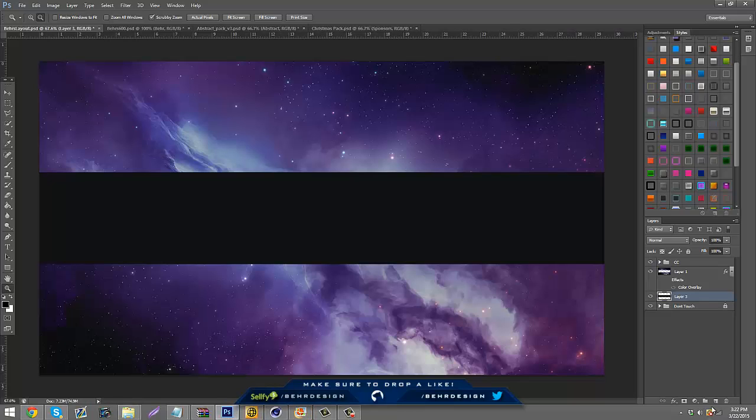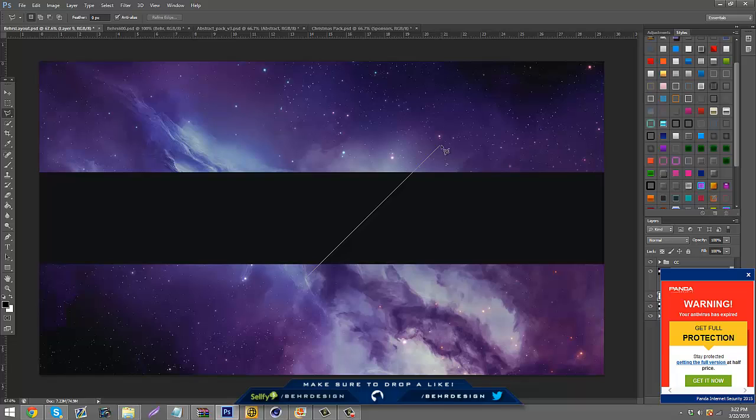What you can do is one of two things. You can make a new layer, grab your poly tool, hold shift and go across, and just make it however big you want it. It's kind of too big.